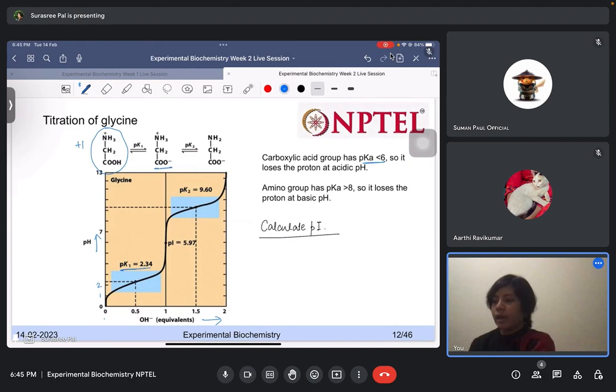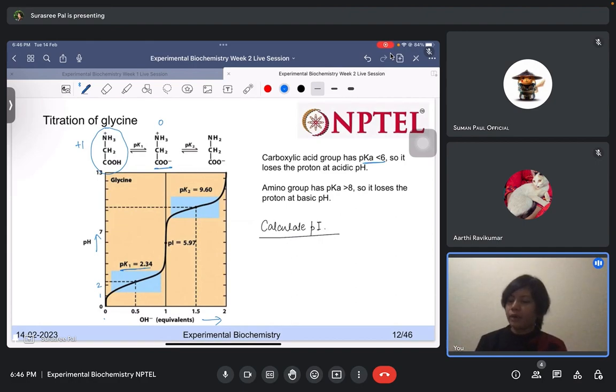And now it exists as a zwitterion, carrying no net charge, right? So as we are increasing the pH, the glycine loses its proton from the carboxylic acid group,